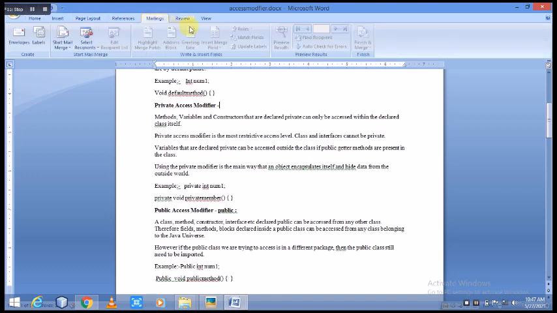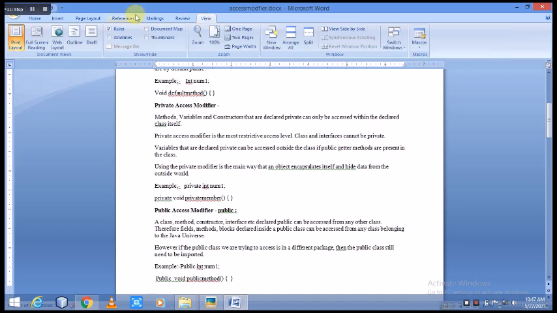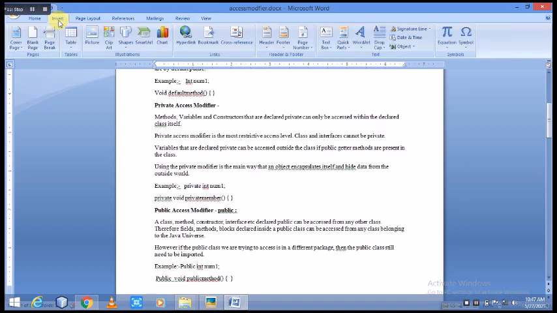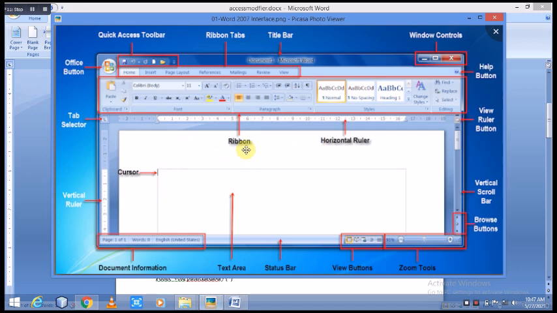By clicking on these menus we can have different options available in a particular ribbon that can be used while creating our document. Out of which we need to know the ribbon tab, ribbon, horizontal ruler and vertical ruler, and window controls. Later on they will become familiar whenever we use these options regularly.